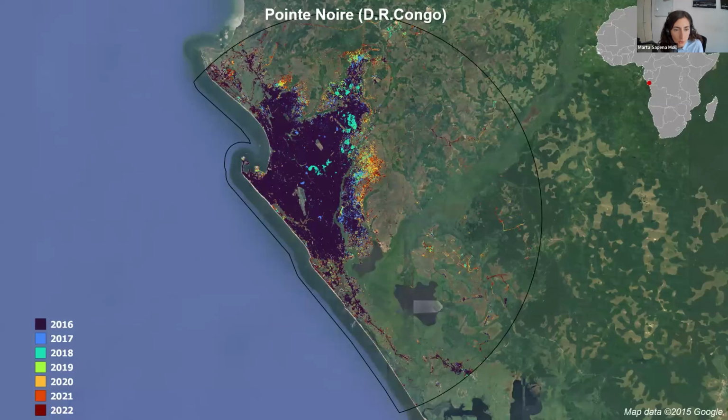And I just wanted to show a few more examples. For example, this is another product in the Democratic Republic of Congo. I want to highlight these areas where we have some gaps in the data, and this is because of clouds. Since 2016 to 2018, we didn't have a pixel without clouds, and this can be confused with urban development, but it's also useful to see that we identify some growth in the outskirts of the city.